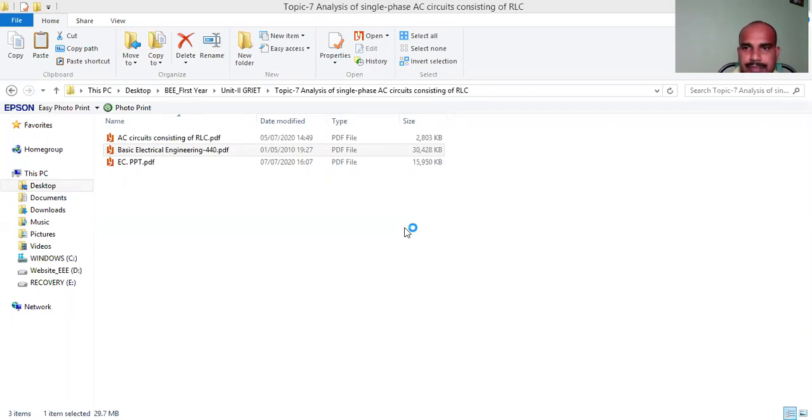The total voltage Vm sin omega t equals the voltage drops across the resistance, the inductor and the capacitance. The total voltage V of t equals VR plus VL plus VC. VR is in phase with the current in a resistance. Like inductance, VL leads the current by 90 degrees, and VC lags the current by 90 degrees.